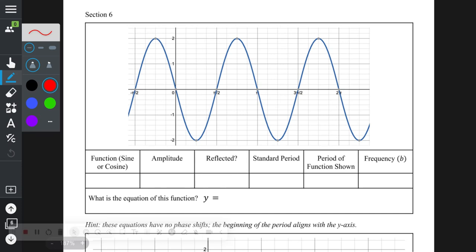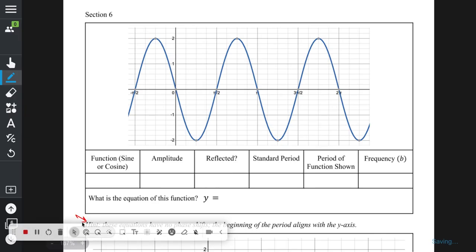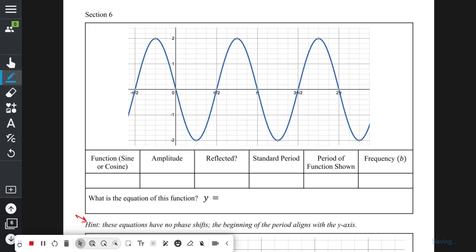So what is this function? Is it sine or cosine? Well, here's a key hint. This doesn't have any phase shifts. You're going to need the equation in the end, but there are no phase shifts. So start analyzing visually from the beginning